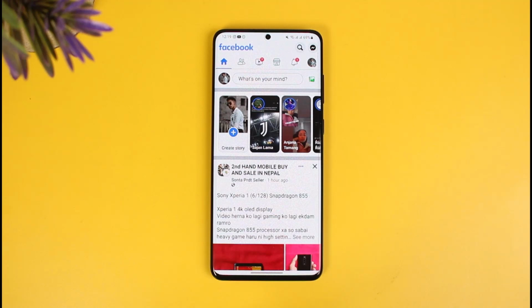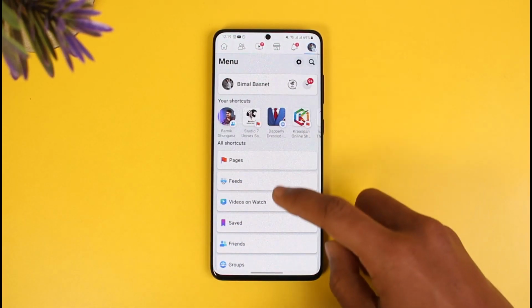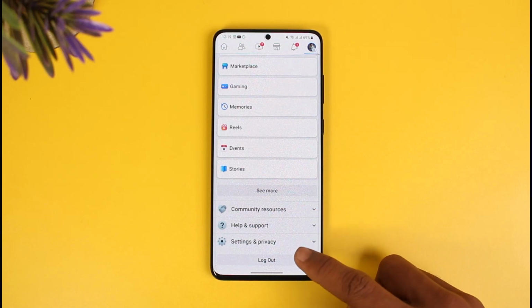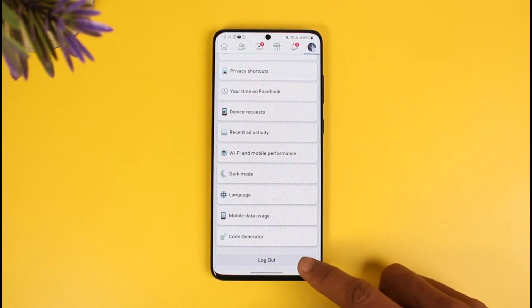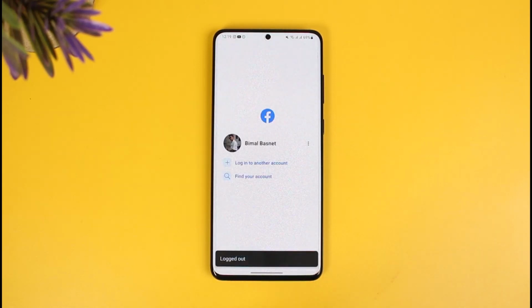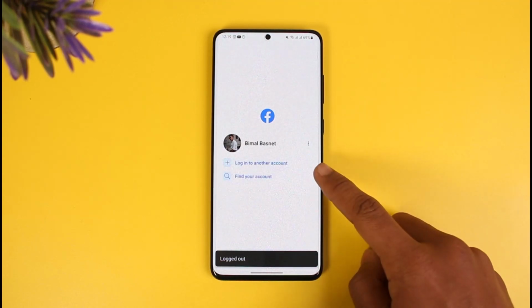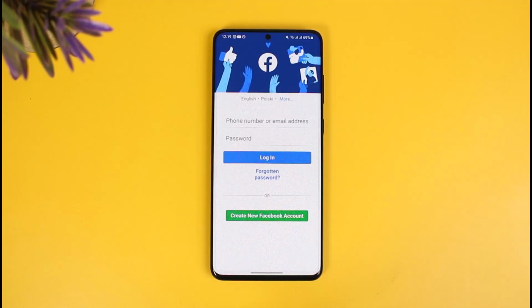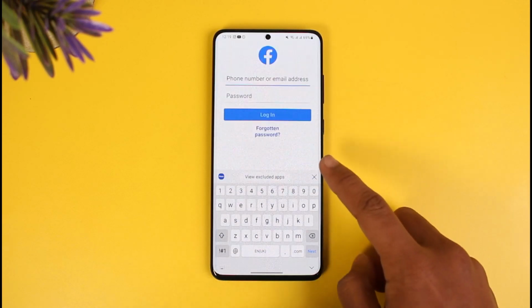In order to add multiple accounts on Facebook, all you need to do is just open the Facebook application first and then tap on the three lines from the top right hand side, scroll down to the bottom, go to settings and privacy, or else you can just go to the logout button. Once you go to logout button, here you'll find the option called login to another account. You can just tap on the login to another account, enter the new account username and password that you want